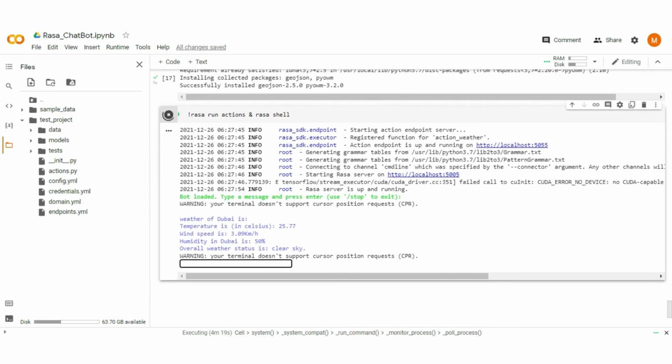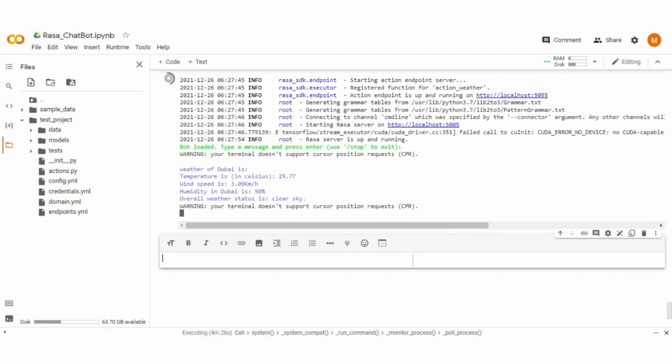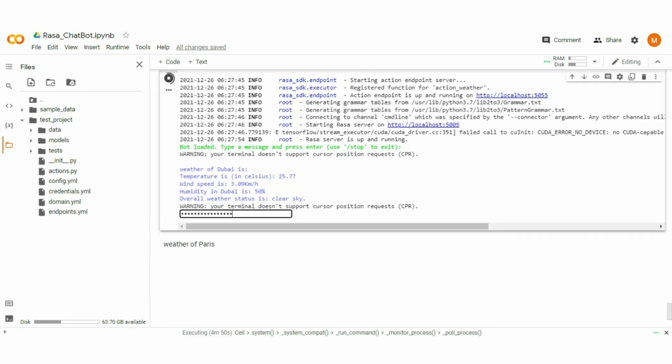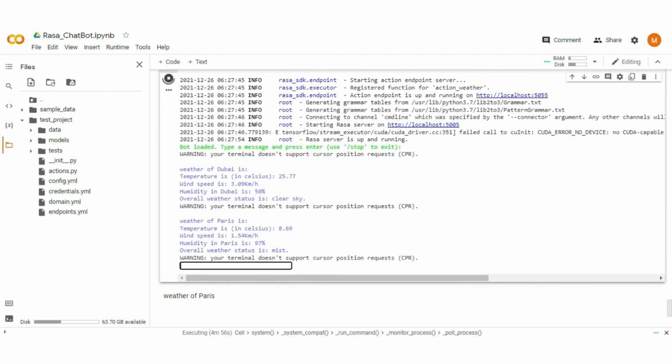Now let's try with some other area. First, create a text section below. Type weather of Paris, copy it and paste it above. Here you see it gives the weather report of Paris, and in place of input it shows a blank line. Now in the chat,